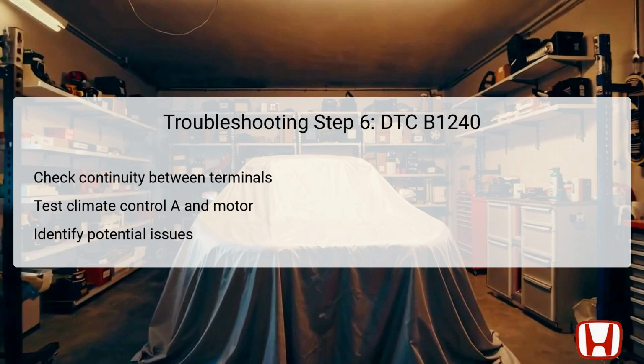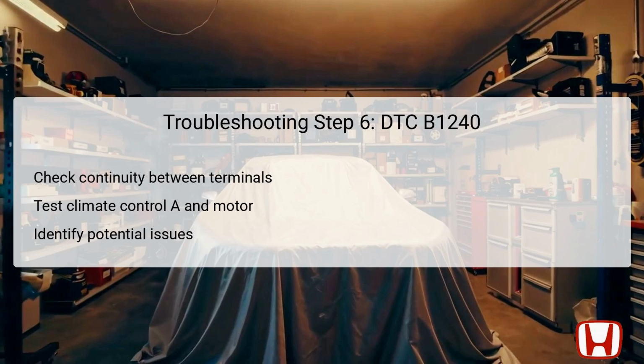Establishing proper continuity informs if there are any open circuits that could be responsible for the malfunction indicated by the DTC B1240. If continuity is confirmed, this suggests that the electrical connection is intact. However, if continuity fails, it necessitates immediate repairs on potential open circuits in the wiring that could be affecting communication between these critical components. Identifying such issues at this stage is pivotal to ensuring smooth functioning of the vehicle's climate